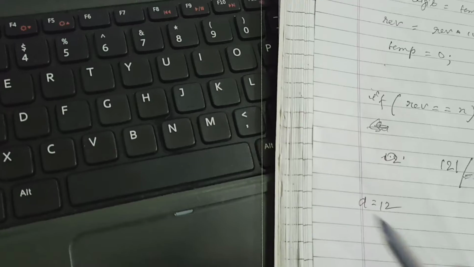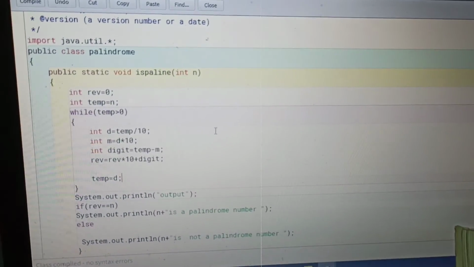Now again d is written as d into 10, meaning 12 into 10.